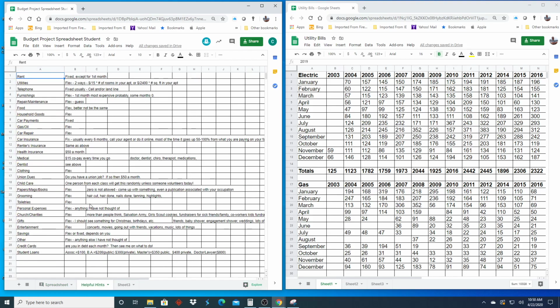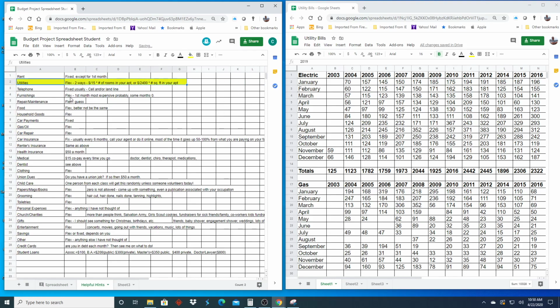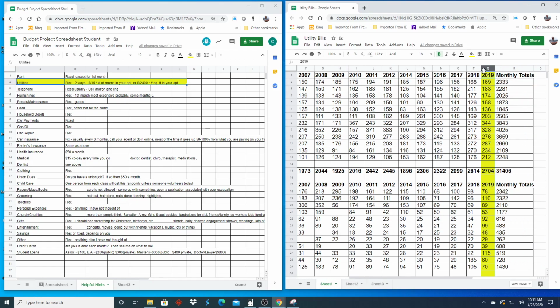So on utilities, there's a helpful hints part. Okay. And with this helpful hints, it says there are two ways to do this. You can do either the first part here like this, or like this. The first part is generally the easiest one. You would take the dollar amount, which is going to be these numbers here in 2019, divided by 15, multiplied by the number of rooms in your